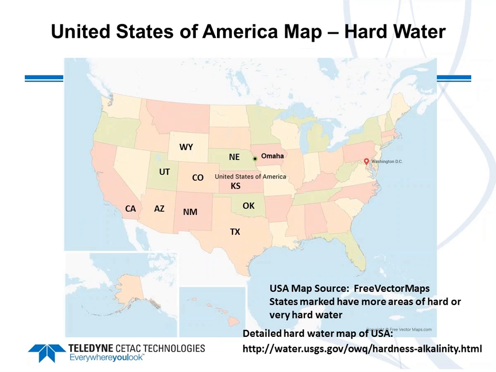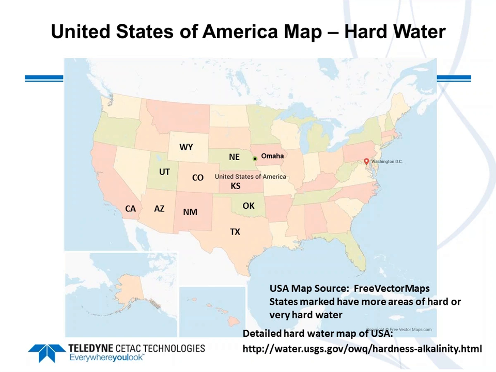In the United States, and there on the middle of the map, I marked where the CETAC factory is. In the central United States, there is Omaha on the border between the states of Nebraska and Iowa. You can see there is a prevalence of hard water, particularly in the western mountain states and down into the southwest. Again, there is a detailed hard water map of the United States, and the link there is to the